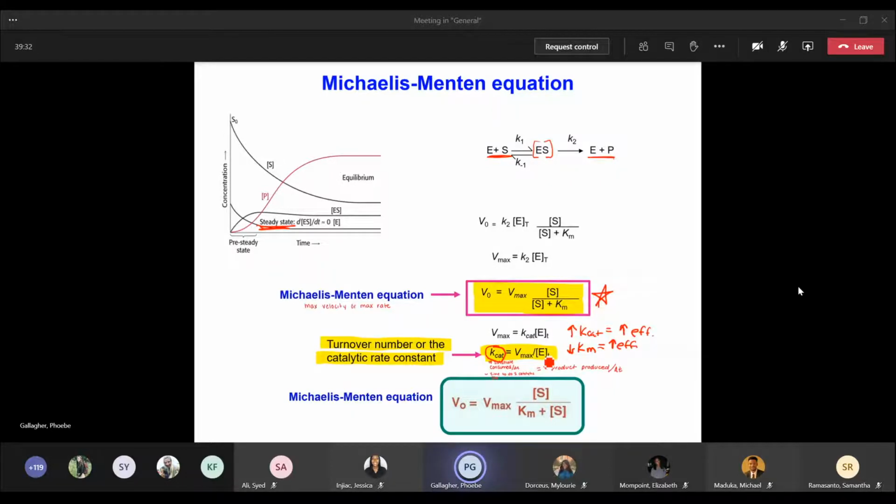So if it's really good at dishing out product, then it's highly efficient. Km tells you the affinity. So if it has a high affinity for a substrate, that means it attracts substrate better. I'm not sure if I answered your question, but